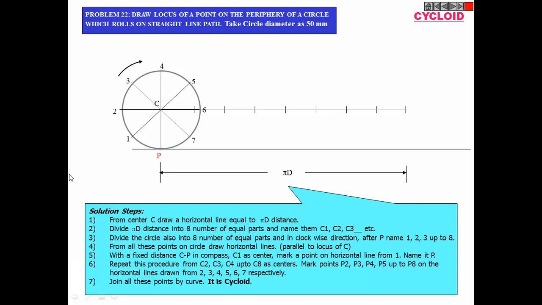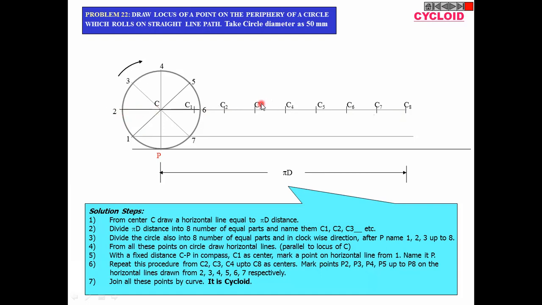Now what we will do? Now you pay attention here. Now we will give them names. Now we will draw horizontal lines from all these points. So first of all from 1, then 2. Now in doing 2, what happens? The center line is already there, so it will coincide. So we won't be able to see it actually, but it is there.